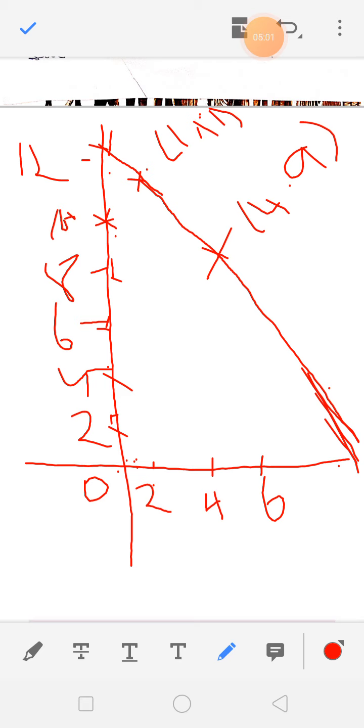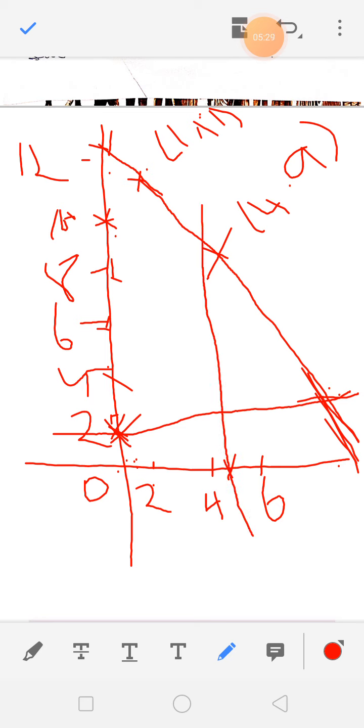Same here, only we can use here, but here there is another equation. What is the equation? y is equal to 2. So y is equal to 2 means this is the y axis, here this is 2. So y is equal to 2 means horizontally we have to draw one line, and that line must intersect with the other line. And x is equal to 5. Where is the 5? Here is 5. Draw one line vertically, and it must intersect with the other line. Okay, so all three lines are intersected.